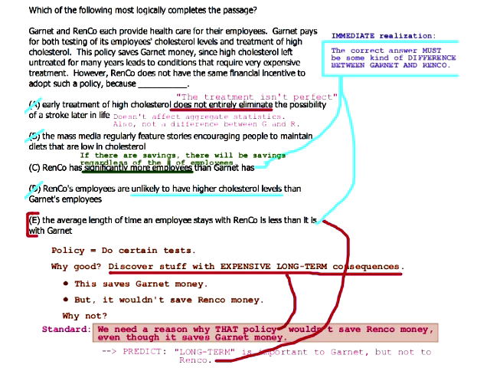I mean, if there were some sort of difference based on the number of employees, they would have to spell that out in the passage. Like sometimes you have group health insurance, which is less expensive if you have X number of people, but you can't just make that up. They would have had to tell you that. If it was like, these prevention programs are way cheaper for larger companies, okay, well, sure, then that might matter because that would change the balance sheet. But you can't just make that up. So, careful with that.